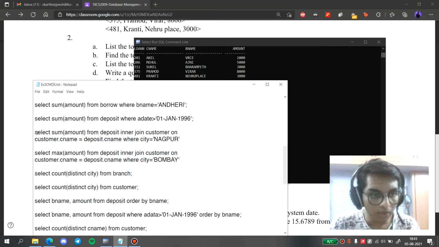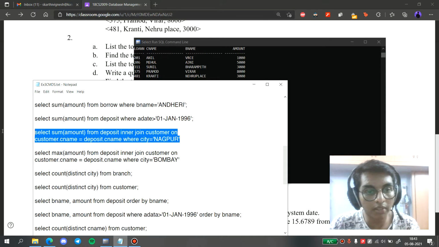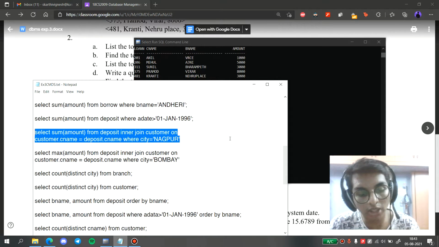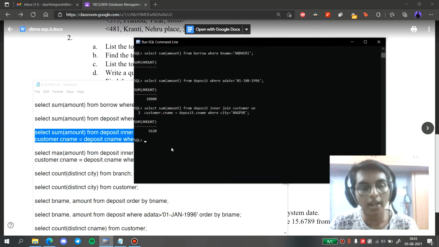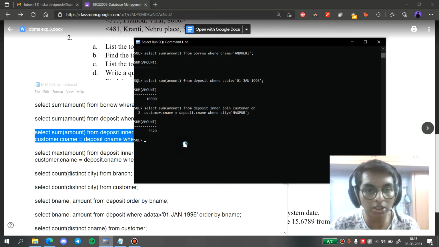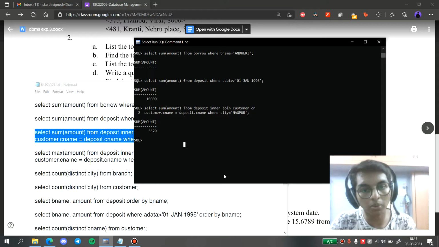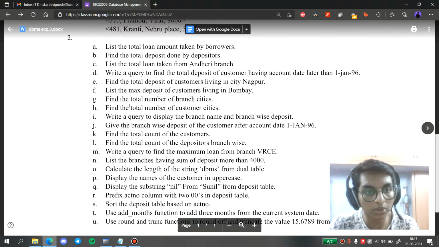We are selecting the sum amount from the deposit while joining the customer on customer CNAME and the deposit CNAME, and we have the condition to check the city as Nagpur. I'm going to execute that command, and the output is 5,620. If we check through the tables one by one, we can see that the output is actually correct. I already checked it once. So moving on to the next one.